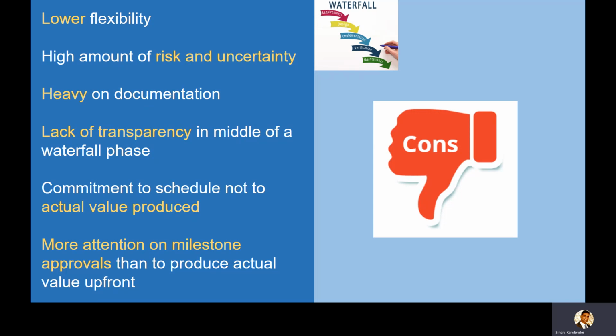It's heavy on documentation, as we have talked about. In the requirement phase, we're talking about several documents, and it can be a 100-page document: use case document, business requirement document, system requirement document, and then architecture document, then high-level design document. So basically a lot of documentation. Why? Because in order to reach each milestone and get approval, each documentation becomes the input for achieving that milestone or getting approval from the customer.